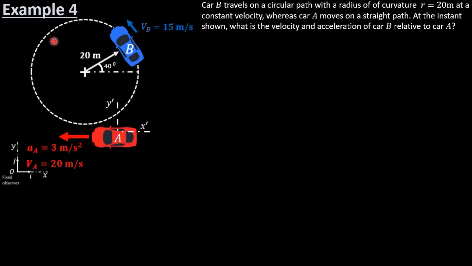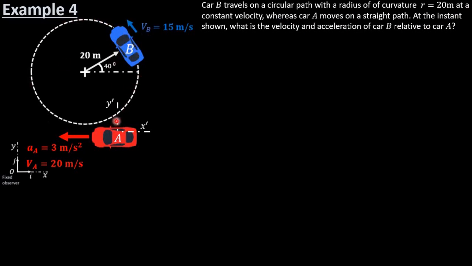Okay, example 4. Car B travels on a circular path with a radius of curvature of r equals 20 meters. So the radius of curvature is 20 meters at a constant velocity, whereas car A moves on a straight path. At the instant shown, what is the velocity and acceleration of car B relative to car A? So what we have is this blue car here, car B, traveling in a circular path at this particular instant,